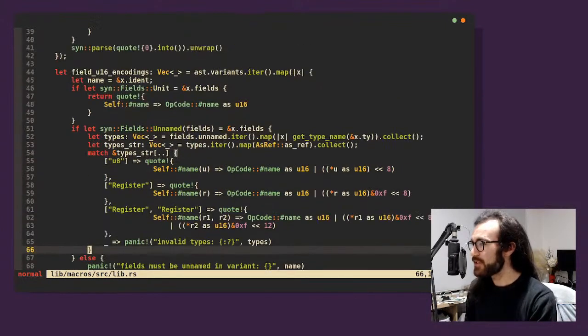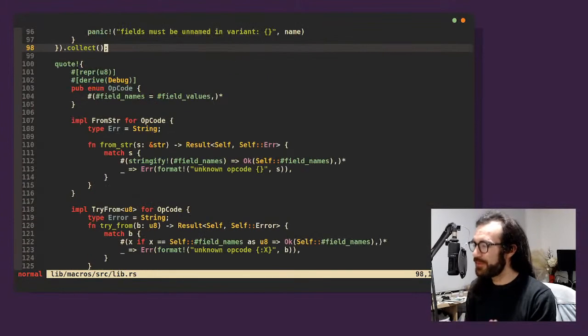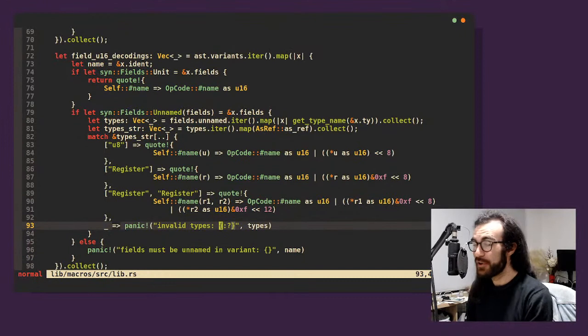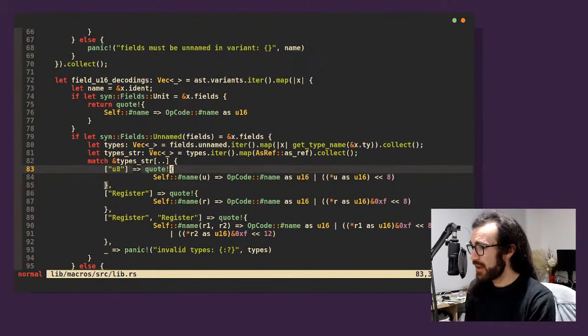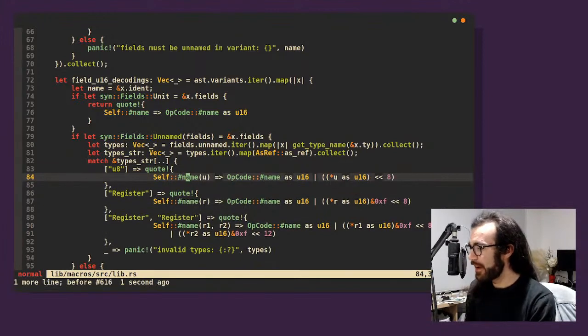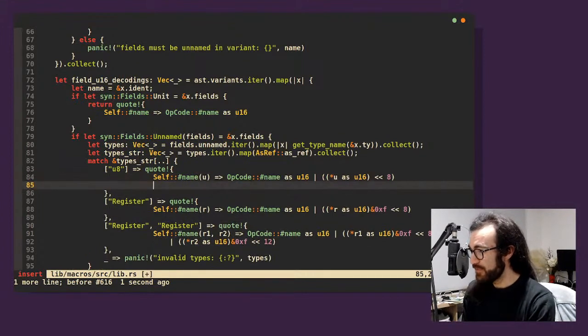Sorry, this was encoding. We've done this for encoding. We want to do the same thing for decoding. And decoding's like encoding, it's just backwards. So field decoding. So if we're encoding an instruction, we encode, say, a push instruction into the push opcode followed by the literal. If we're decoding a push instruction,